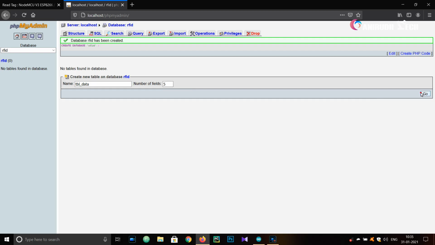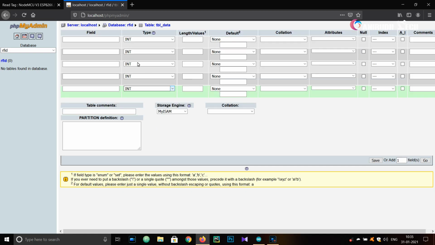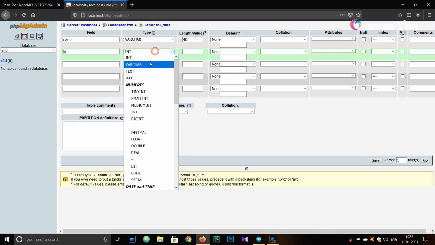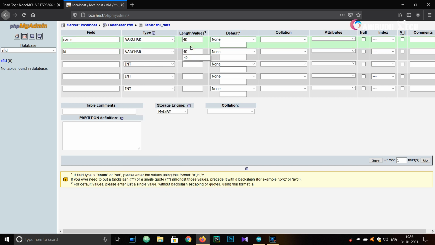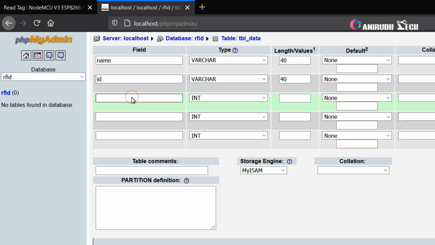Yeah, my table, we want to give the fields there. Okay, first one is name of varchar type and value is 40. Yep, and next ID, I'm just giving ID also as varchar and 40. Okay, and next is gender, varchar, and just giving the value 10.